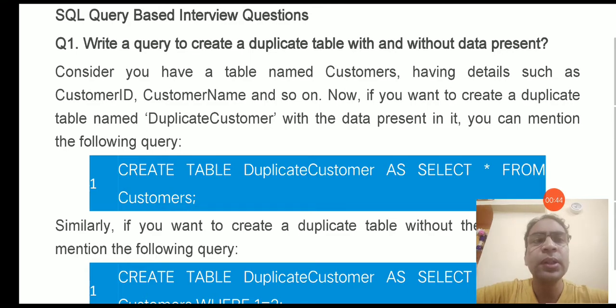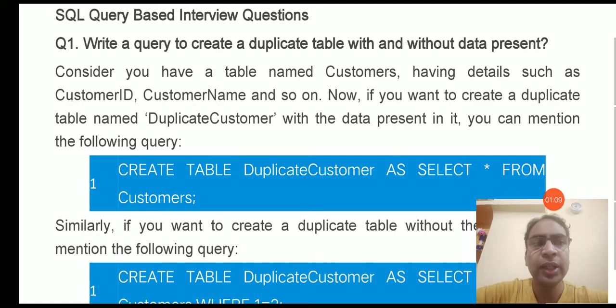So let us consider that you have a table named customers having details such as customer ID, customer name, and so on. Now, if you want to create a duplicate table that is named duplicate customer, you can give any other name to this table also, with the data present in it. Then you can mention create table, then the name of the table which you want to create.